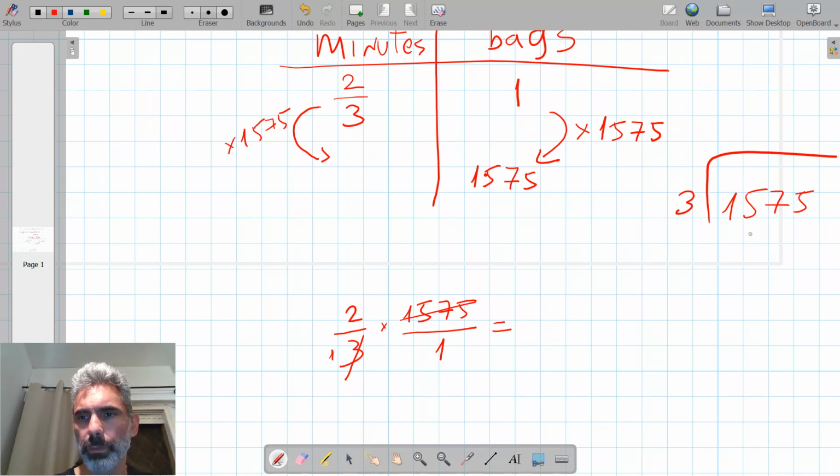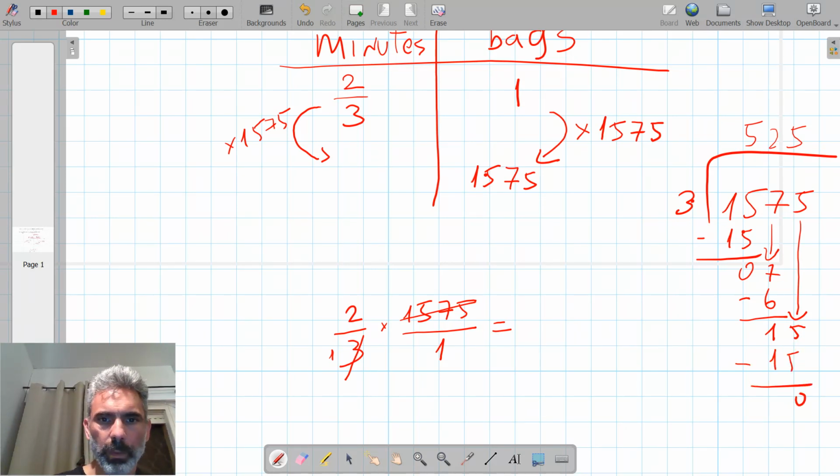is, 3 goes into 15 5 times. 5 times 3 is 15. No remainder. Bring down 7. 3 goes into 7 2 times. 2 times 3 is 6. 7 minus 6 is 1. Bring down 5. 3 goes into 15 5 times. 5 times 3 is 15. No remainder. So 1575 divided by 3 is